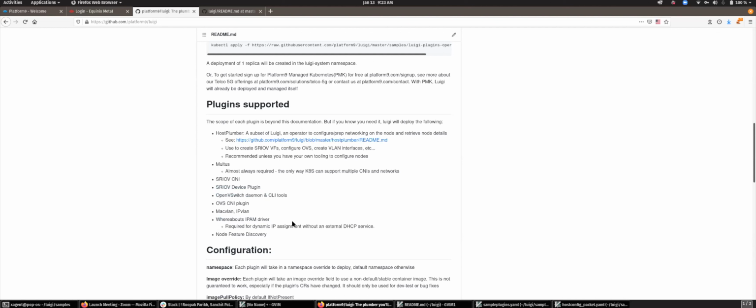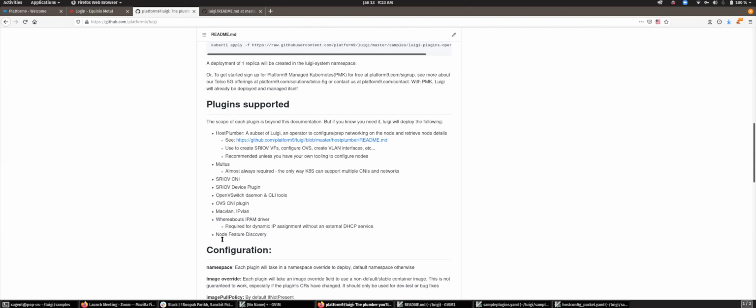If you're not familiar with Whereabouts, it's an IPAM driver that allows dynamic IP assignment. The reason for this is there is a DHCP IPAM plugin, but it doesn't actually provide a DHCP server or services. So barring that, Whereabouts is an IPAM driver that allows dynamic IP assignment without configuring static.